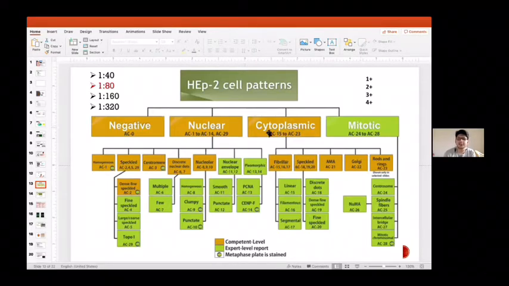But this is the real fact we practice. In the ANA part, I will say Harrison is not up to the level, because it is not that commonly focused rheumatology concept. So as such, these are the three patterns, and under that, there are so many patterns. No need to remember. There is no point of remembering. We also do not remember. We see the slide and report it. It is that simple. But what I try to remember is what is homogeneous, what is speckled, and what is centromere. These are the three patterns which are commonly asked in your exam, even in MCQ. So these are the three patterns you must know: homogeneous, speckled, and centromere. I will show you how that looks.